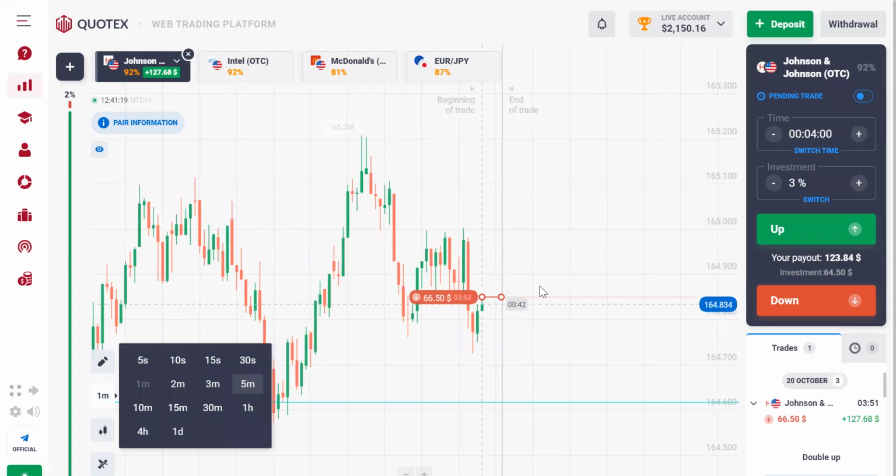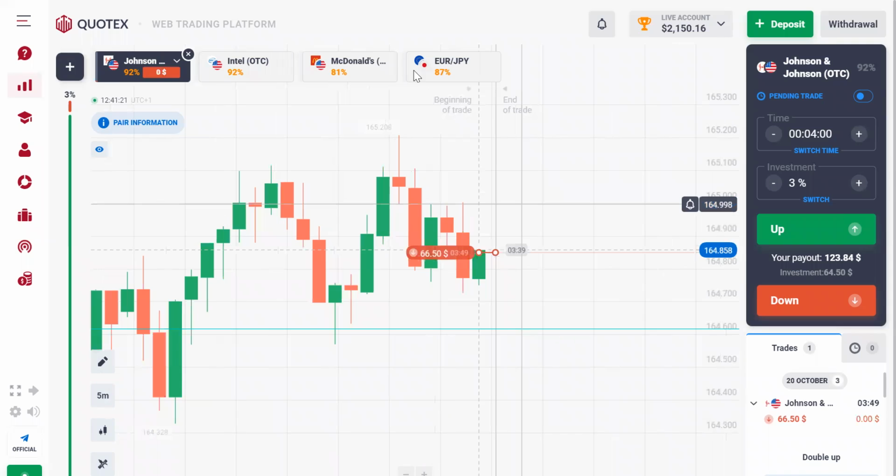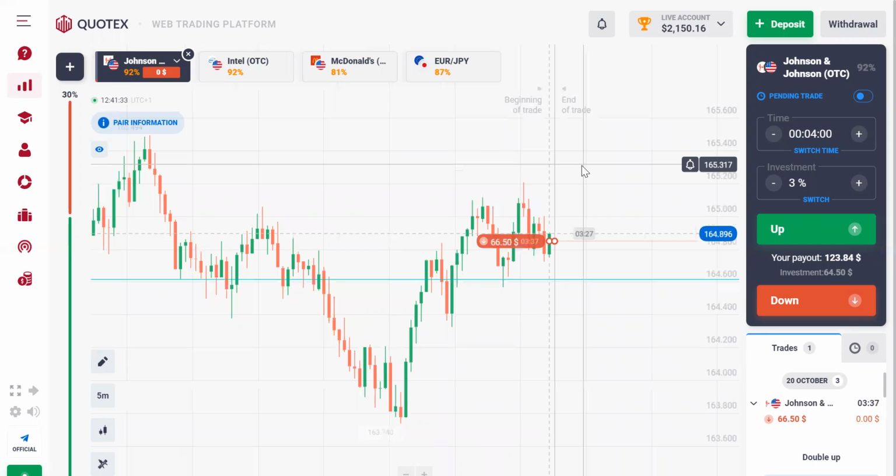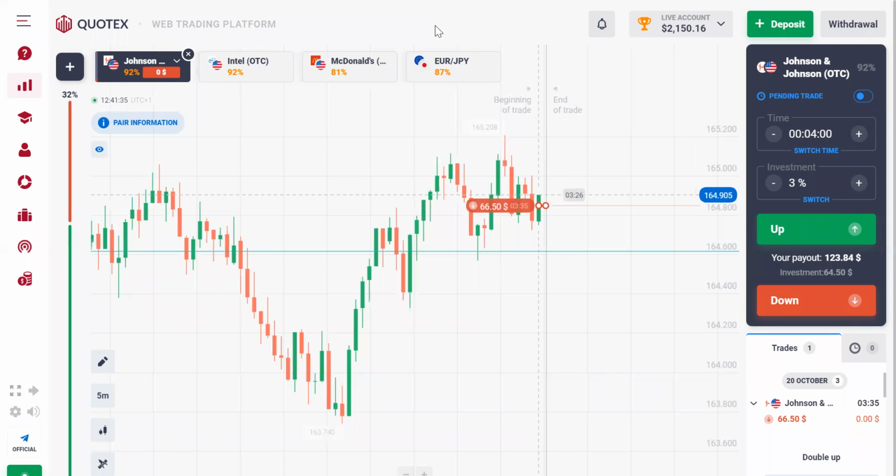So now let me explain why I sold here. Why I sold here was that we're getting a lower low, lower high pattern, and the market looks as though it wants to sell to this level. So it's basically looking like a range between here and here. But I would like to see it sell down to this point before buyers come in again.